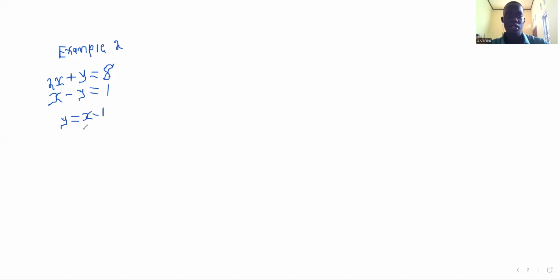So since you get y which is equal to x minus 1, what you do next is that you substitute this into the first equation. Where there is y in the first equation, you put x minus 1, and that's how we do it. So in the first equation, we have